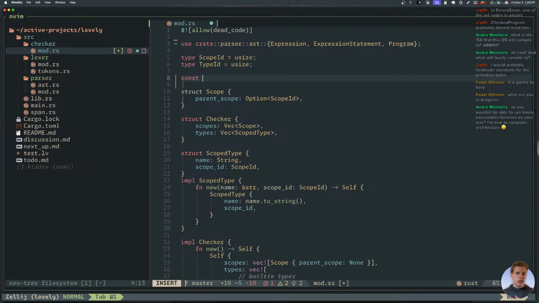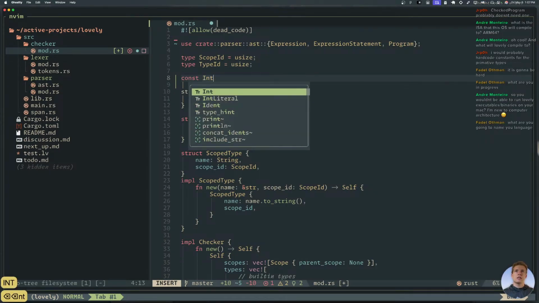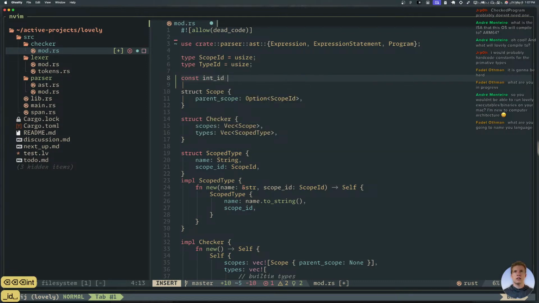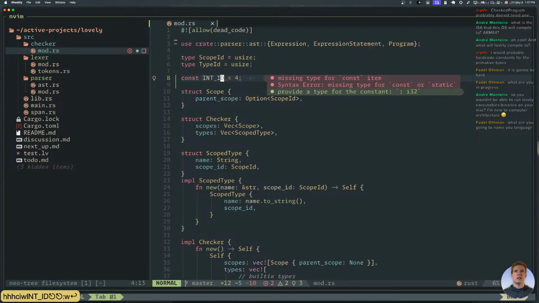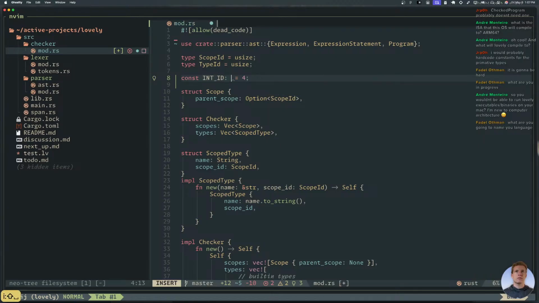What am I going to name your language? It's called Lovely. All right, const. Do you make these all caps? Int ID. Hang on, is this going to yell at me? Yeah, const upper snake case. Okay. Int ID. And you need to give these types. Alright, but that's not the right thing.